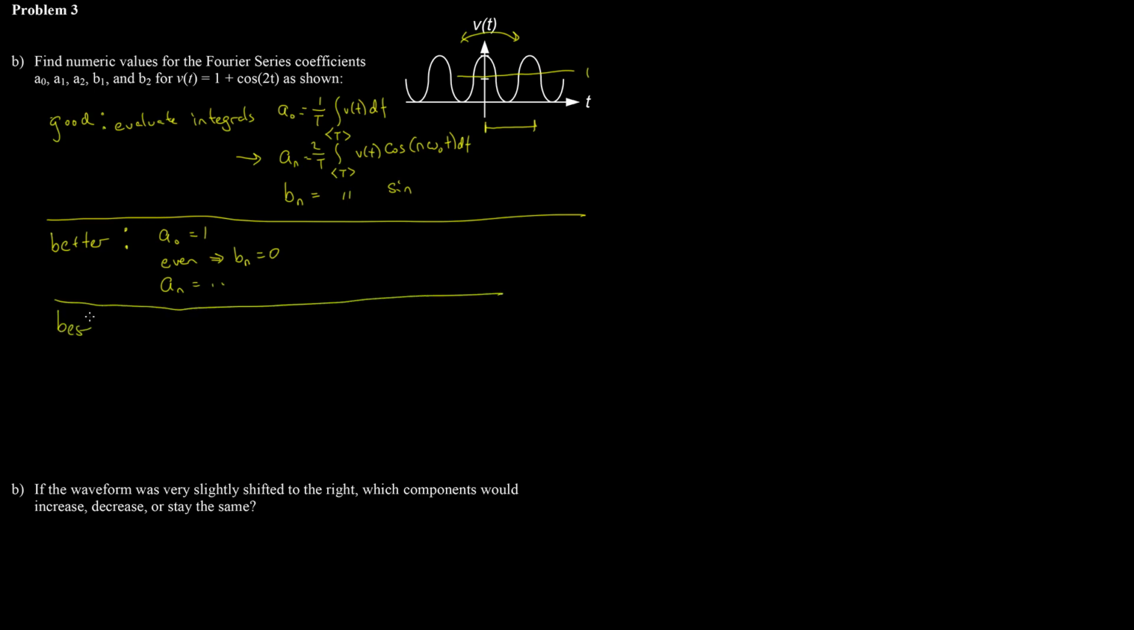But the best way of doing it is to recognize that the opposite of the Fourier series analysis method is the Fourier series synthesis method. And that says that you can recreate your original waveform by these sums. And so on. But when you compare that to what's given,